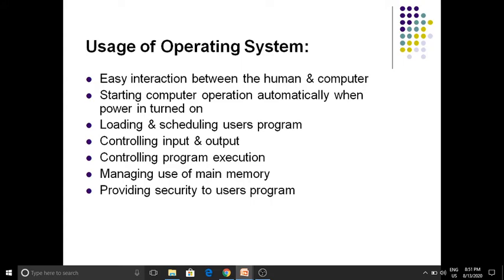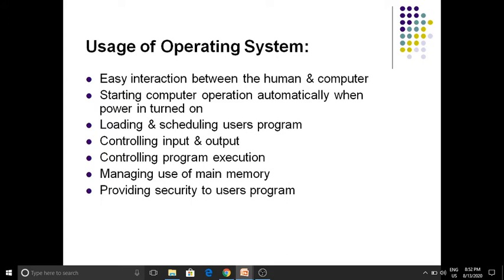Operating system helps in connections. Whatever we enter as input and whatever we get as output on the monitor is controlled by the operating system. Controlling program execution, because it is software. Operating system is the software part of the computer system.